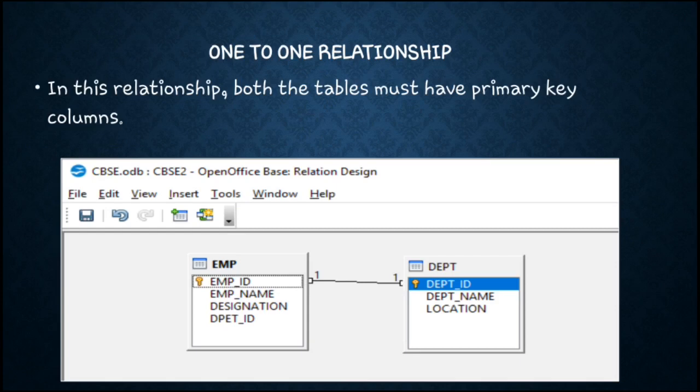So we have one line, right? We are linking to each other. This line is called a relationship line, which makes a one-to-one. They specify one on both the tables. So what is this called? A one-to-one relationship.